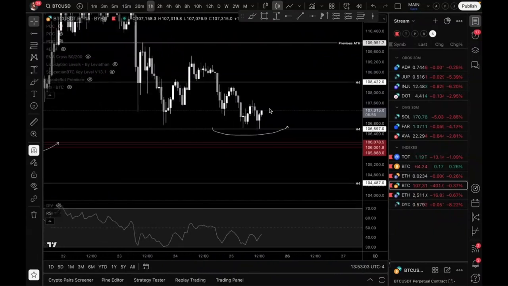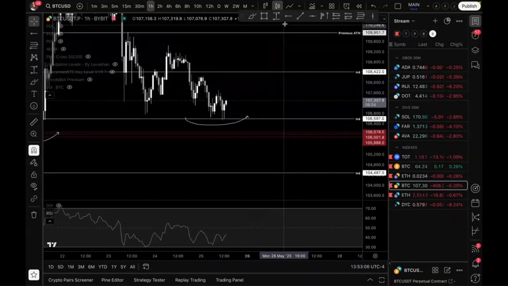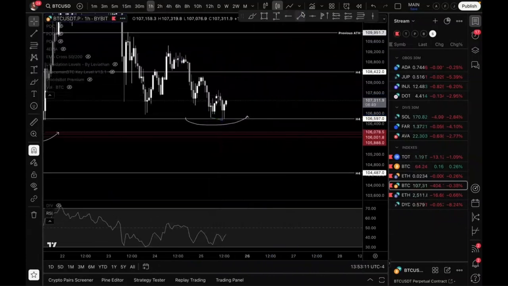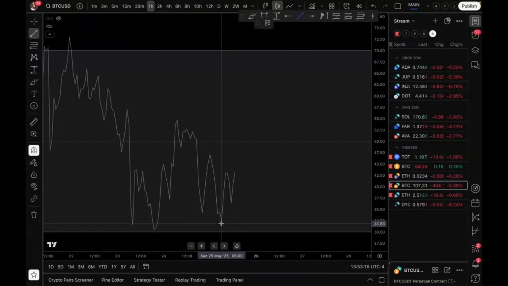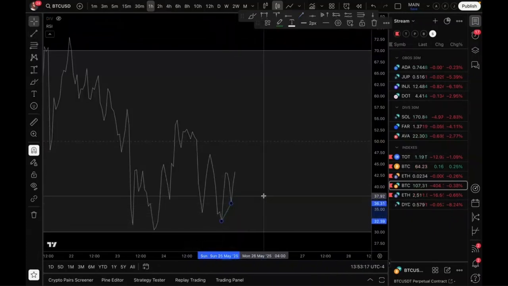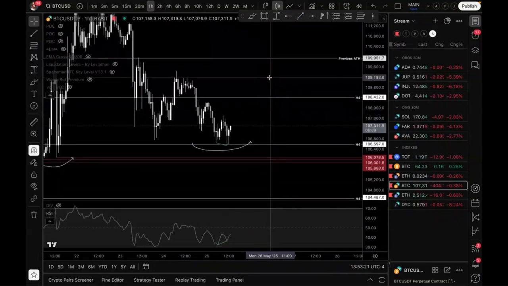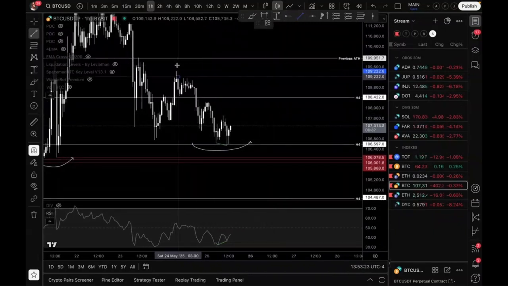Now, if you go to the hourly, you have your hourly divergence, right? Now, if we start pushing up higher and breaking this trend that I had before,